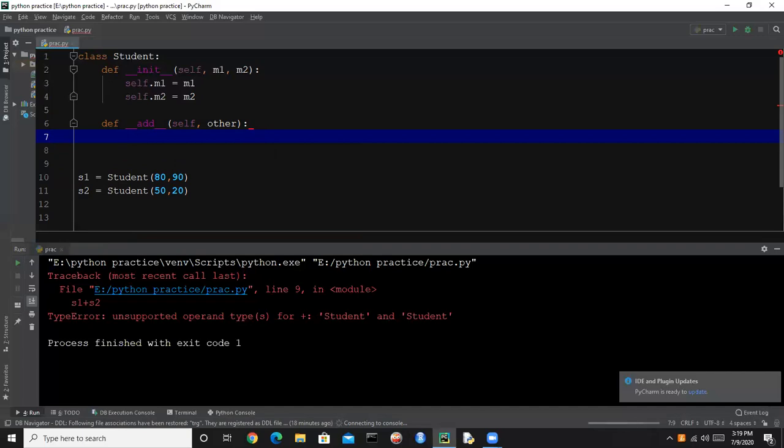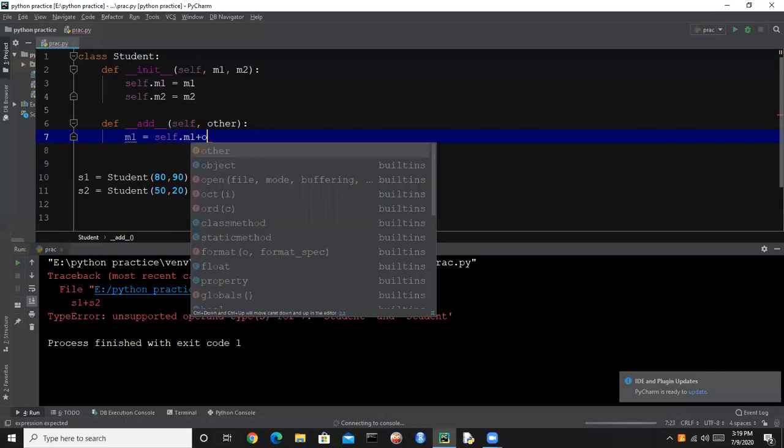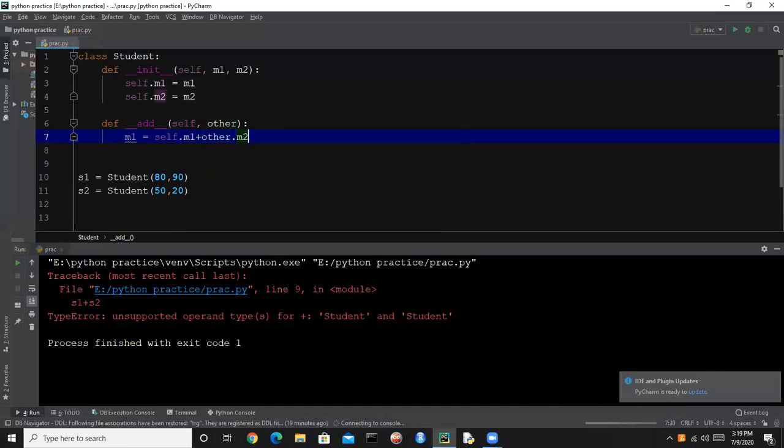So what we can do here is say m1 equals self.m1 plus other.m1. This is what we are trying to do.